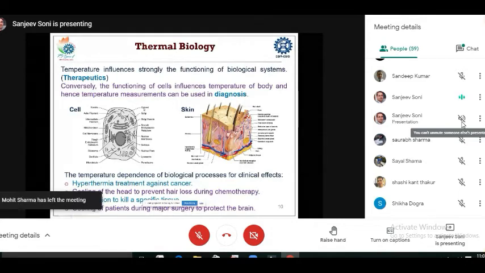You can see the complexity involved. This is just a cell, around 10-20 micron in diameter, and it has so many components inside. And when these cells join to form a particular tissue, for example skin, it becomes so much more complex. So we need to deal with all this complexity when developing treatment protocols for the human body. And regarding thermal biology, there are so many applications. We can use it for cancer treatment. We can use these principles to cool a certain person, like the head of somebody who is undergoing surgery or undergoing chemotherapy.